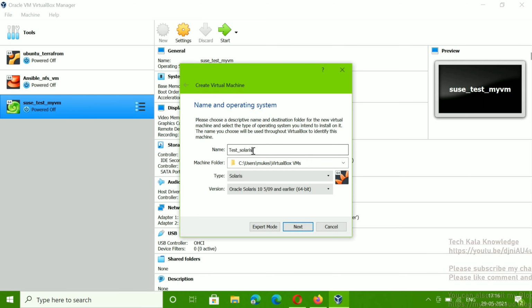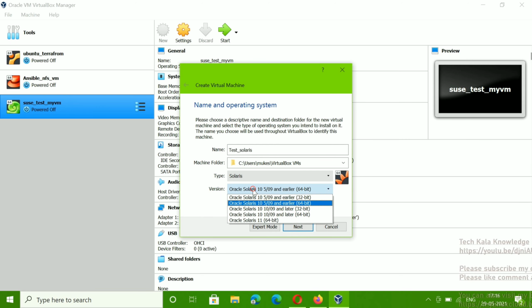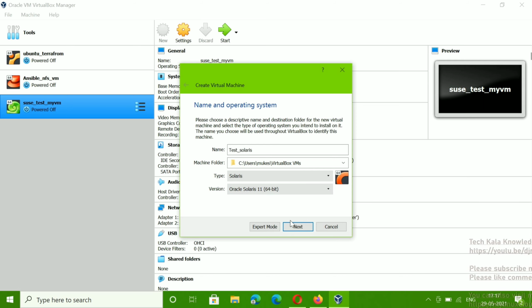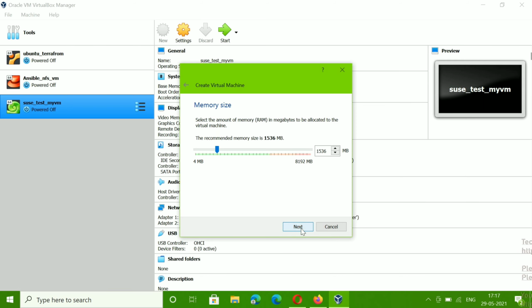Once I give the VM name, you can see the type is automatically selected as Solaris. Now you have to select the version, because I'm going to install Oracle Solaris 11 64-bit, so I'm selecting this one. If you have a different version, you can select that one. Once you select the version, click on Next.